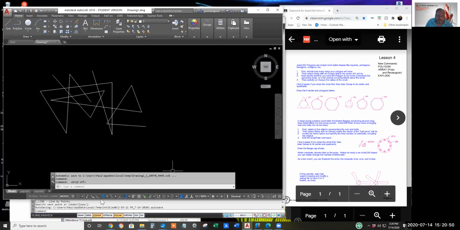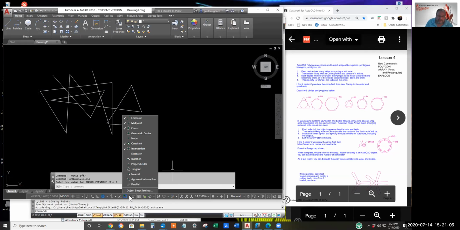As always, turn off everything, all these status bar buttons we haven't learned yet. And ensure that your polar tracking is set for 45. And ensure that your object snap, or as I forget what NanoCAD calls it, if it's entity snap or object snap, have them set to Burgener's 5 favorite: end, mid, center, quadrant, and intersection.